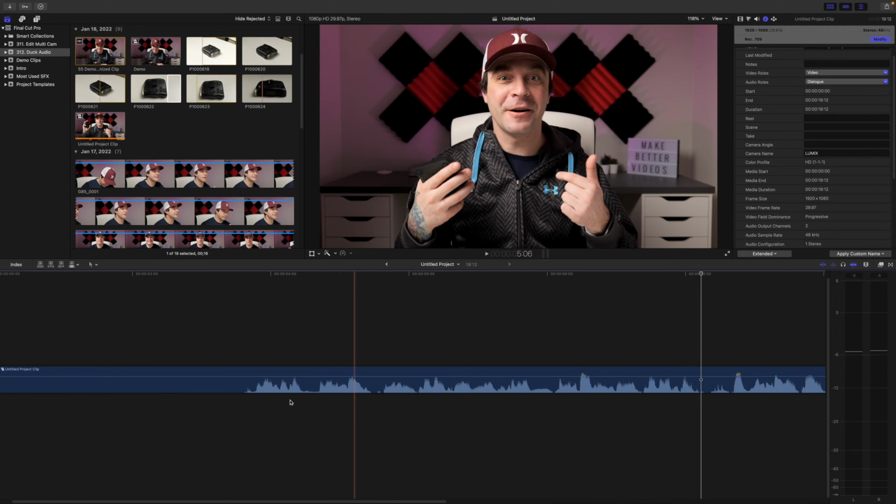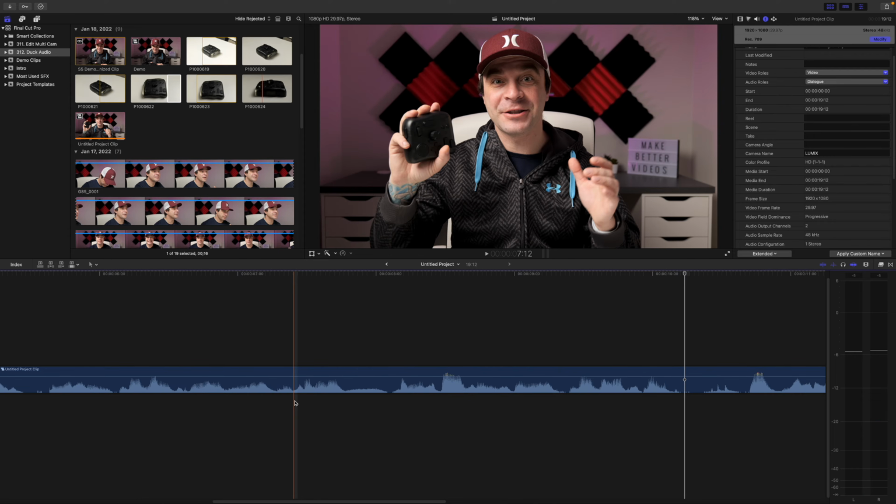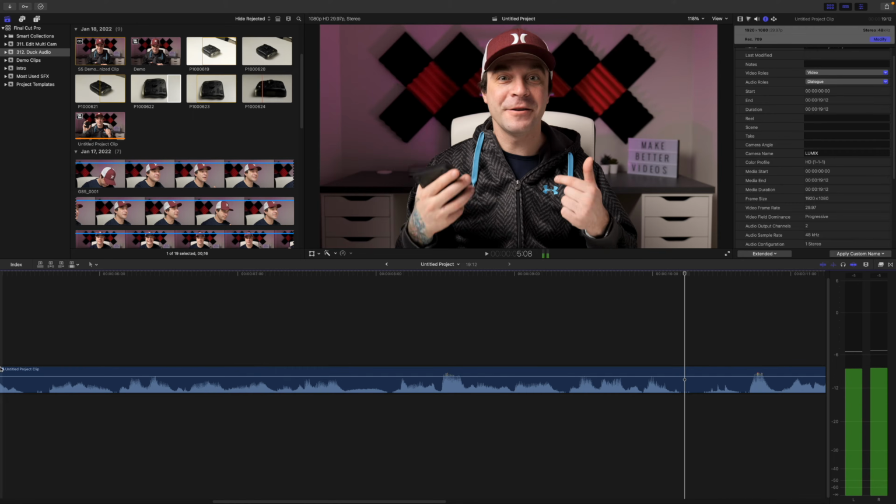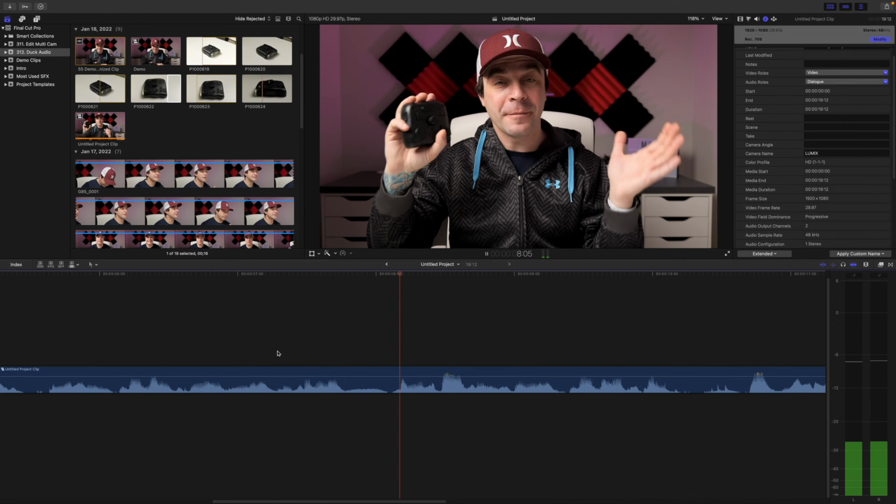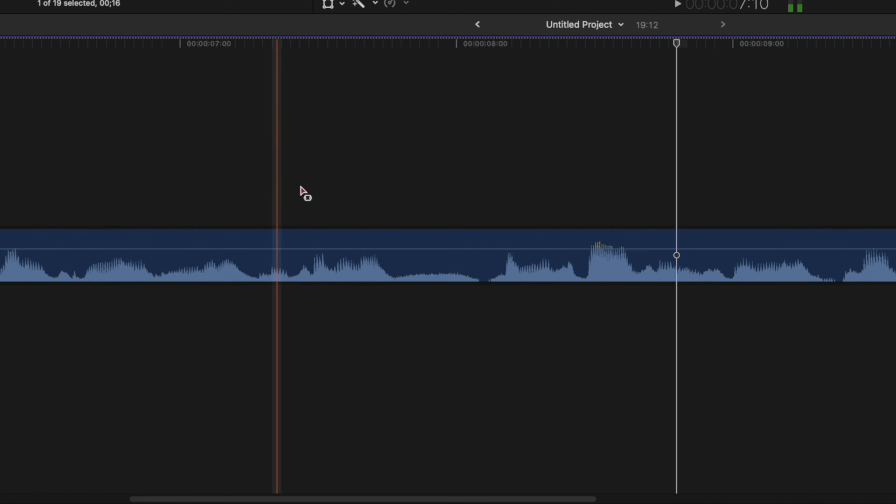Let's take a look at an easier way of doing this and use a range tool to turn down the volume of my breath in this next clip. Locate the part of your clip you want to adjust in your timeline, and switch to the Range Selection tool by pressing R on your keyboard. Click and drag out a range in your timeline where you want to adjust the volume. With the range of your clip selected, click on the volume line and drag it up or down to adjust